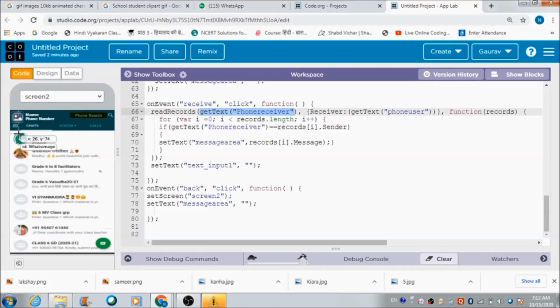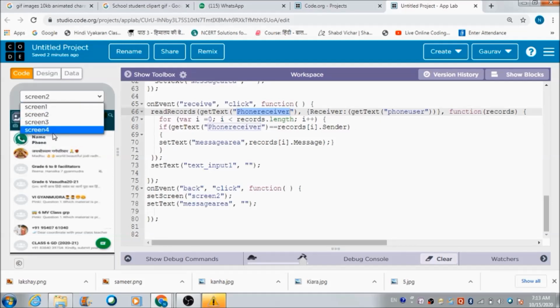So the sender has now become a receiver, and the receiver has now become a sender. That is the reason, this is a trick that we need to use in order to receive the message. So we need to get the message from the phone receiver ID.